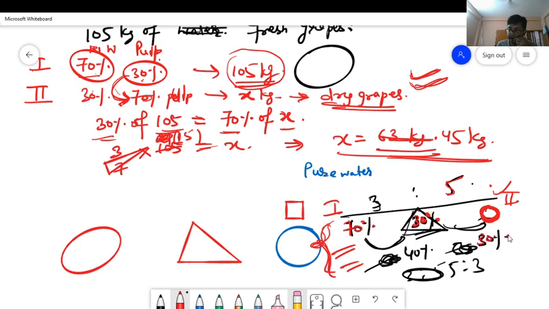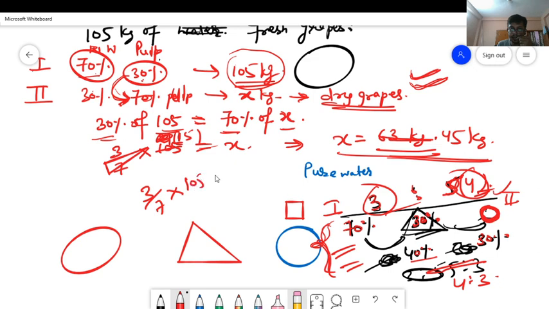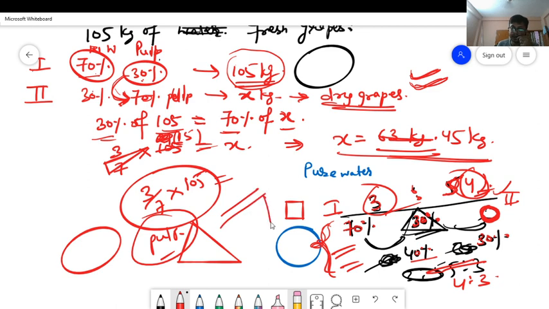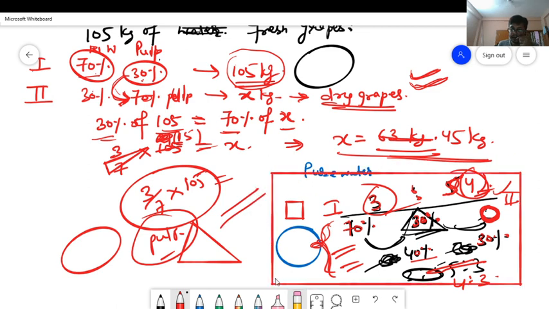So 40% has been given here, 30% has been given here. We are getting 4 is to 3. You would have to take 3 is to 4 here, right? This is 3, this is 4. So we can easily find what we were finding here. 3 is to 7 of 1 is 1 of 5 can be given as pulp. And we can easily find the answer, right? This is a much bigger and confusing method than this, right? So hope this is clear.